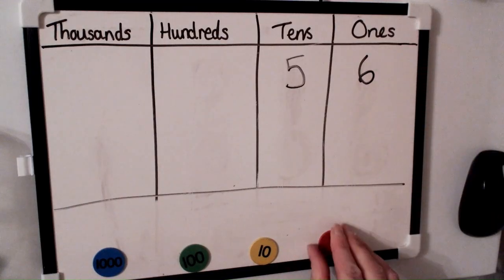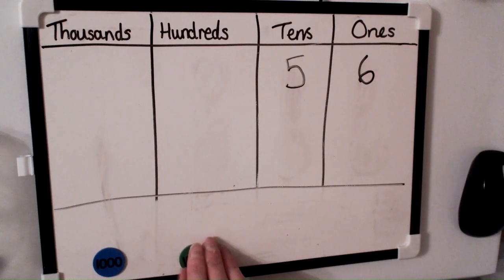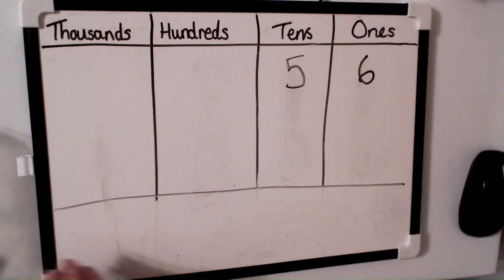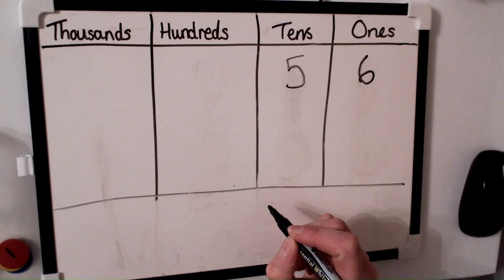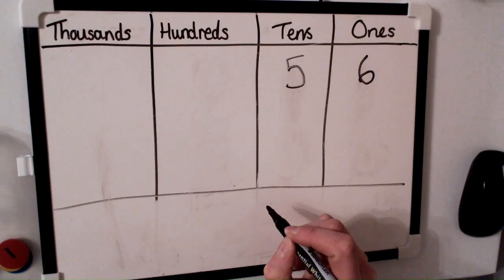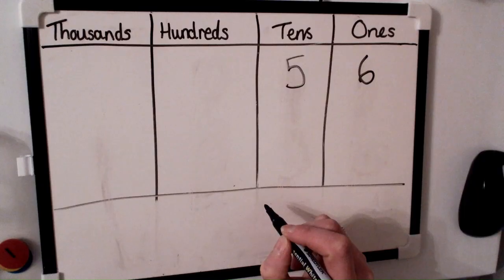Now, before we look at addition, I would like to explain the zero in a number. Sometimes there are no ones or no tens in a number. And when that happens, we use a place value holder, which is the number 0. The 0 shows that that place is empty, but it still holds space so the digits stay in the correct columns. For example, the number